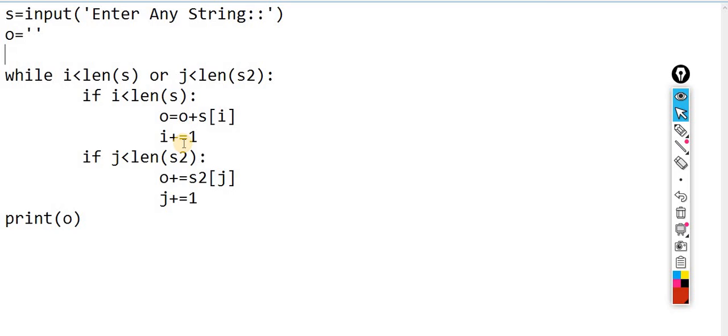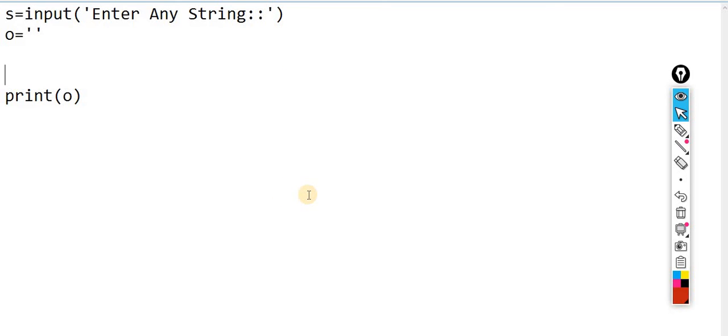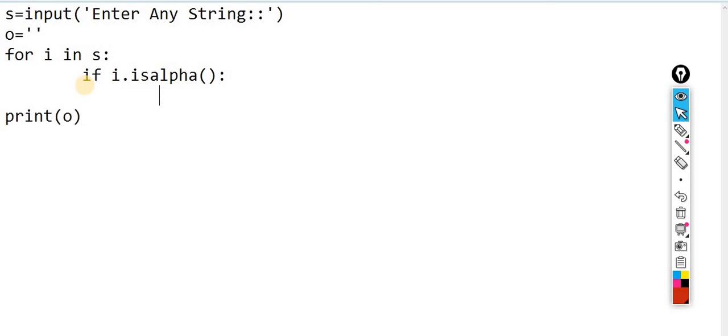Okay, so for the same, what you have to do, very simple code, that's not a tricky one. First I have to iterate it. Let's suppose this one is a variable. This O is an empty string where I am concatenating everything. For I in S, now I check if I dot is alpha.